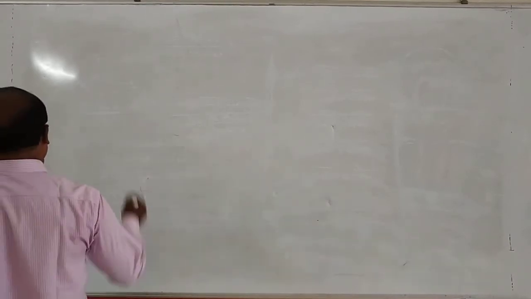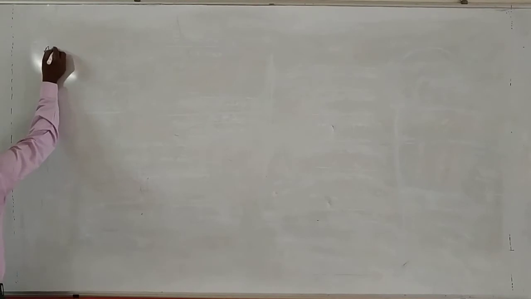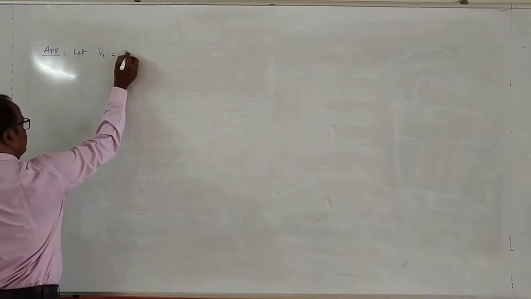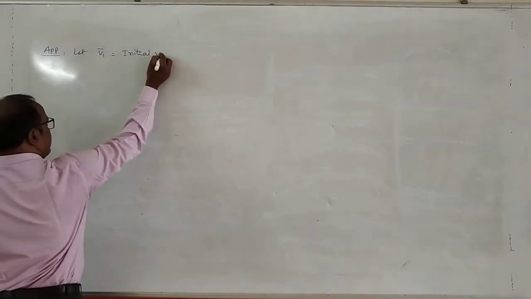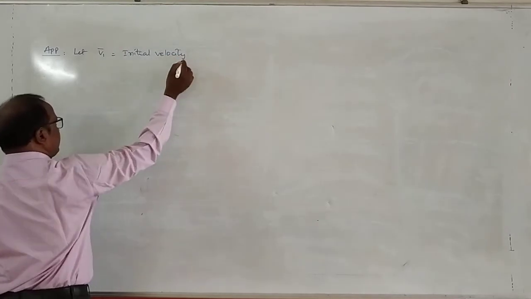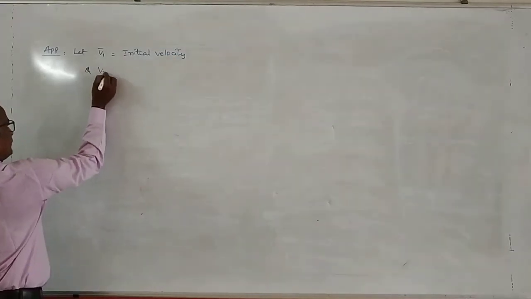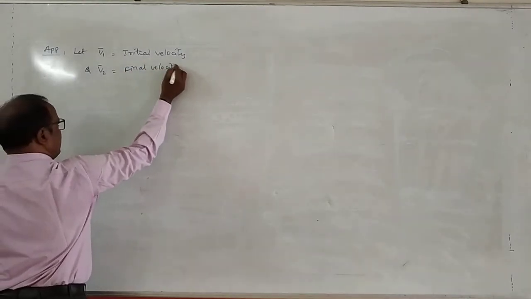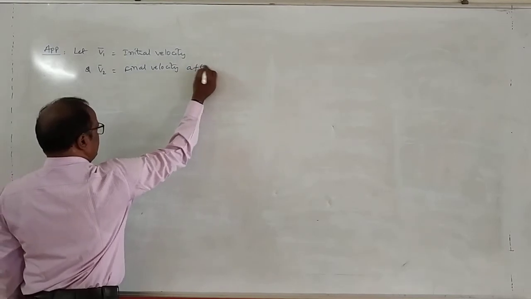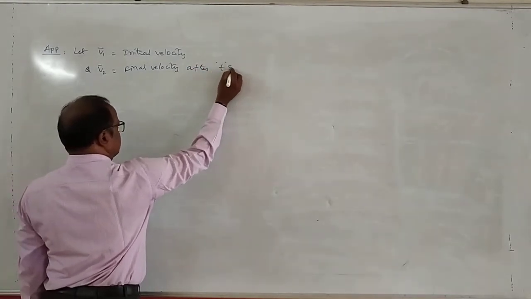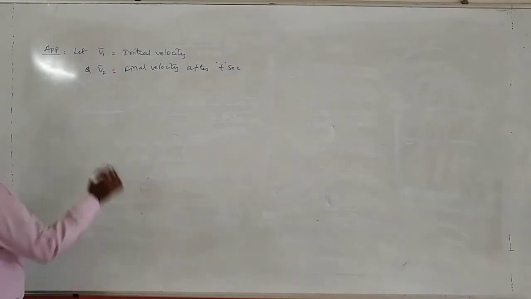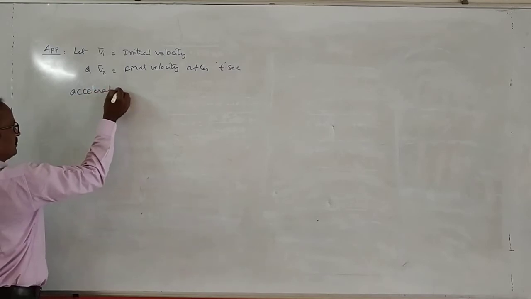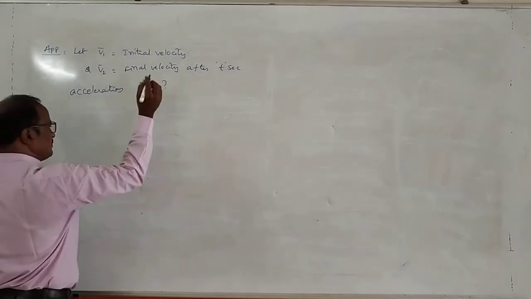Next application, see here. Let v1 bar be the initial velocity of a particle and v2 bar be the final velocity of the particle after a time t seconds. What is the acceleration of the particle? Acceleration of the particle a bar is equal to